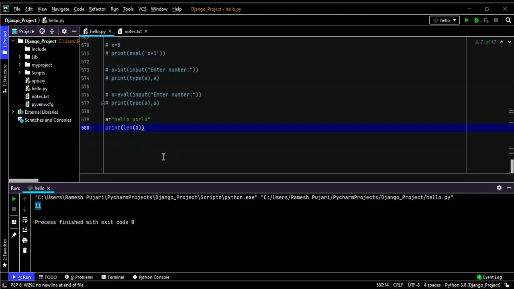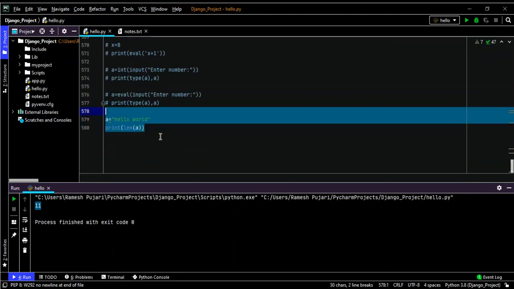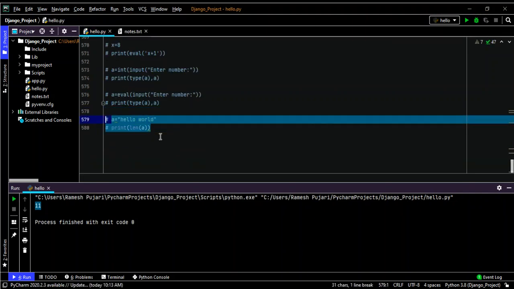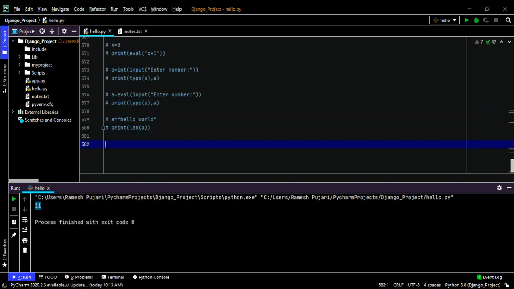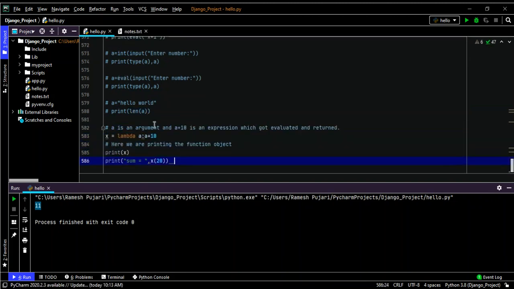In the hello world file I will comment this code. This is the example I'm taking.